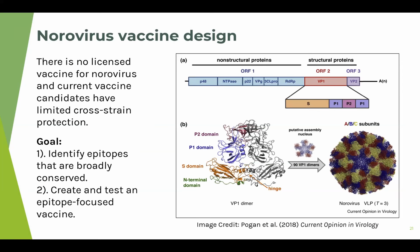For this project, I primarily focus on VP1 as a starting point. And VP1 is the dimer. There's the shell domain, which is marked in orange, and there is a protruding domain. The protruding domain is then subdivided into P1 and P2. P2 is the most variable of all the domains, and it's usually used as a way to determine which strain